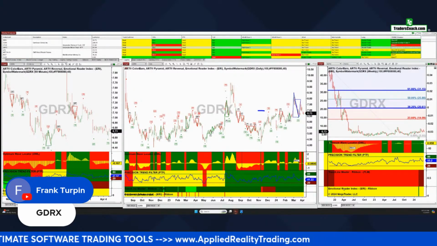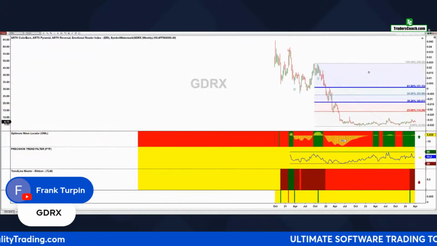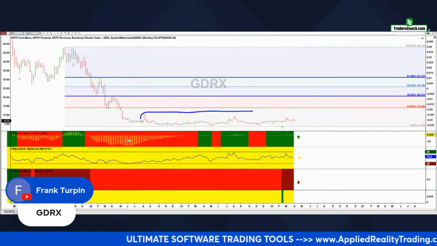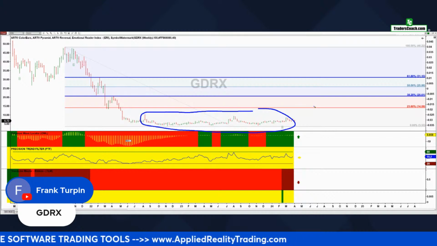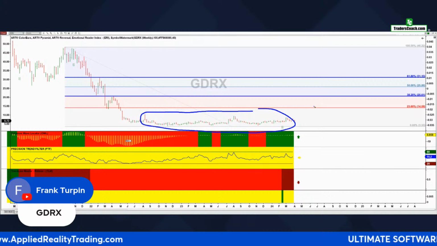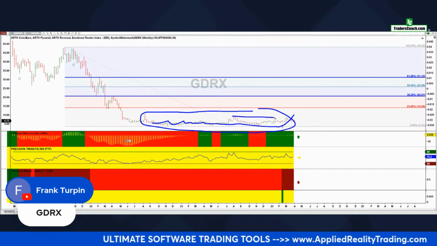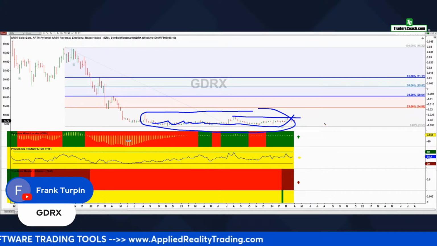So on GDRX here, what we've got real quickly going on is we have a bottoming market. So let's open up this here and take a look at this long market that's stretched quite, it almost goes back to what, 2022? That's a long time. And this is why sometimes when you see a market that's channeling here, wait for the breakout. You know, in our turbo scanner, we have a breakout indicator or scan that we do on that.